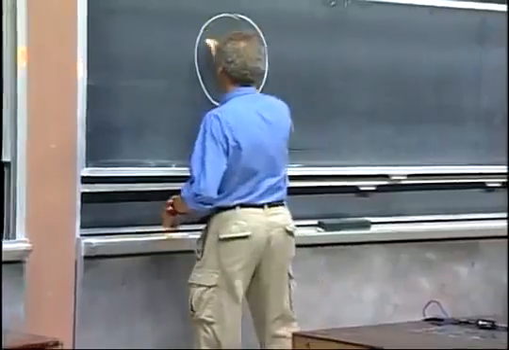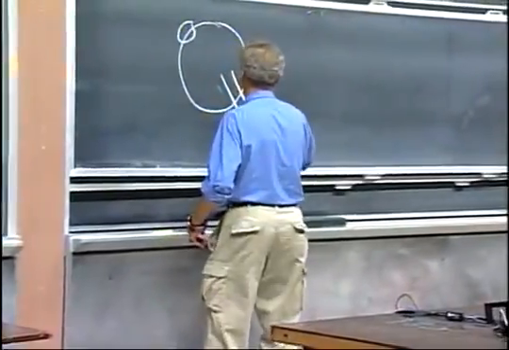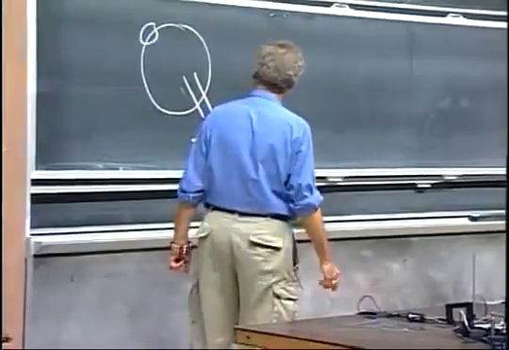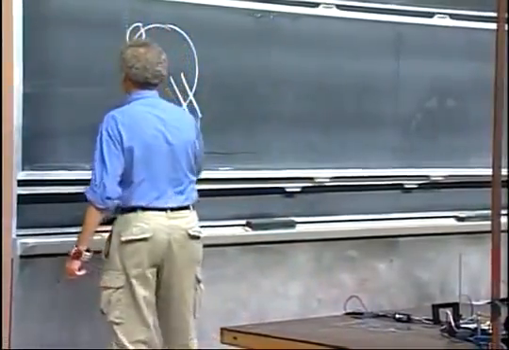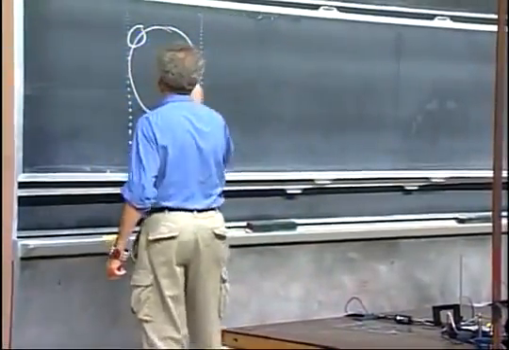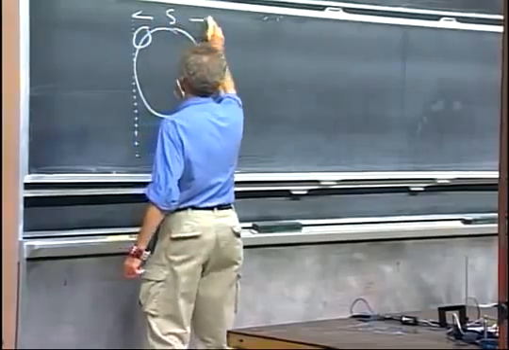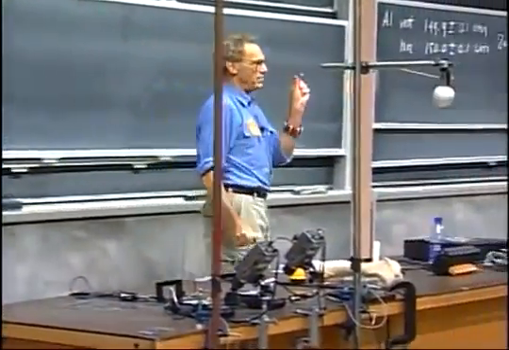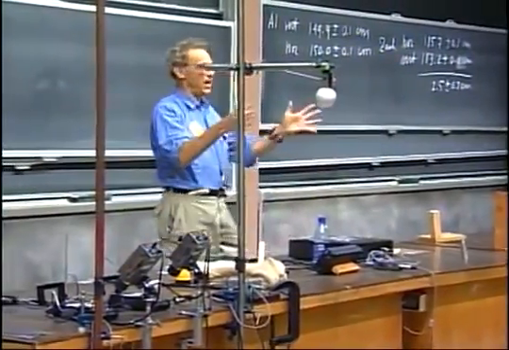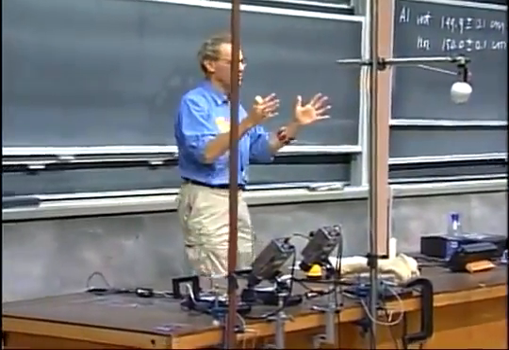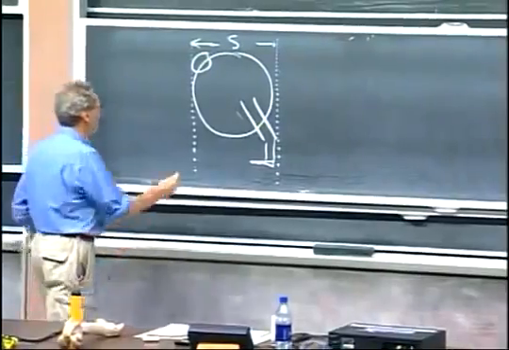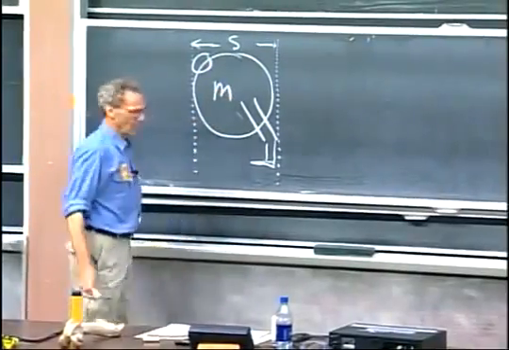Here is a mammal. And this is one of the 4 legs of the mammal. And this mammal has a size S. What I mean by that is a mouse is yay big and a cat is yay big. That's what I mean by size, very crudely defined. The mass of the mammal is M.